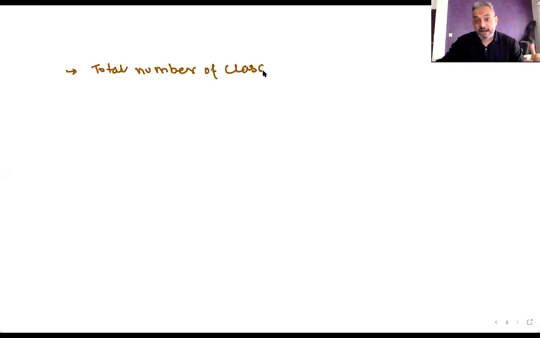So how many classes will we make? So here, generally, it is a general thing, the number of classes, which is denoted by K, should be minimum 6 and maximum